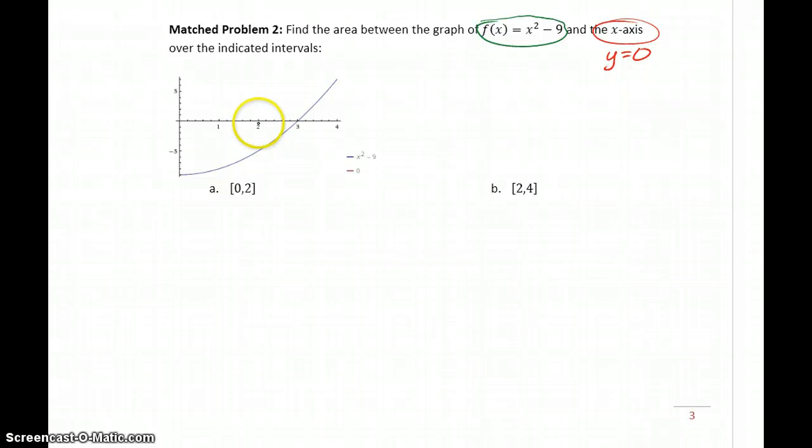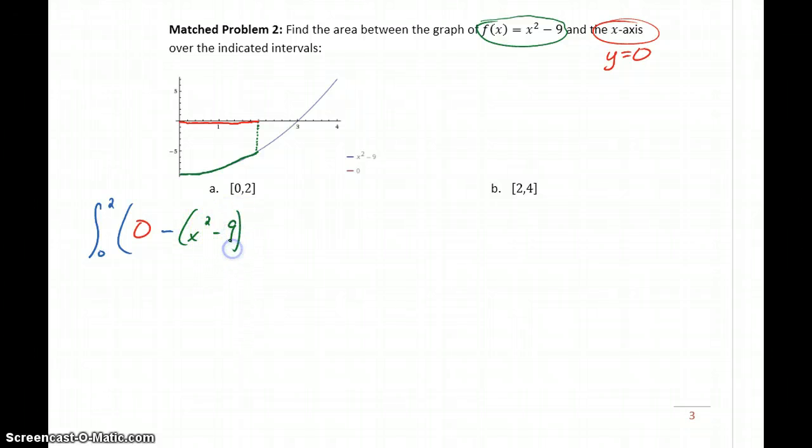In part A, we want to evaluate the integral from 0 to 2. In that case, the x-axis on this interval is taking on the larger function values, and x squared minus 9 is taking on the smaller function values. So this will be very similar to match problem 1. We'll integrate from 0 to 2 of 0, since that's just the graph of y equals 0, minus x squared minus 9, the function that's taking on those smaller function values,